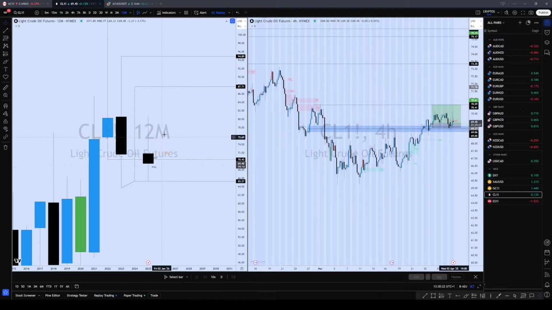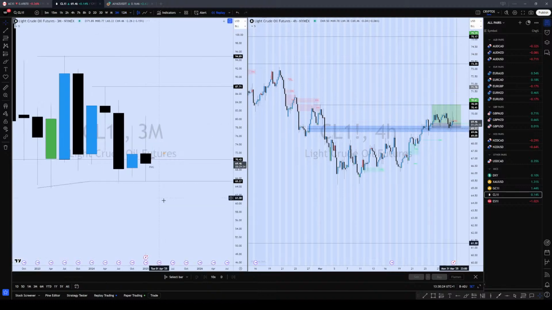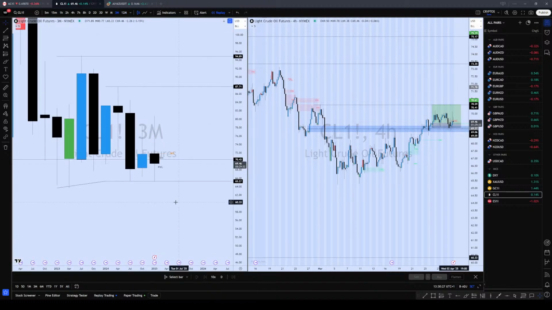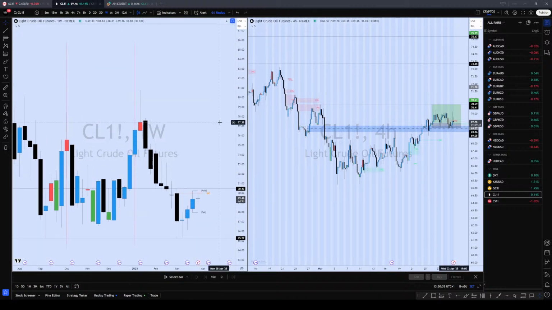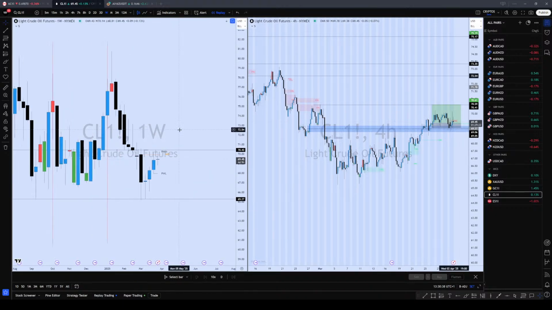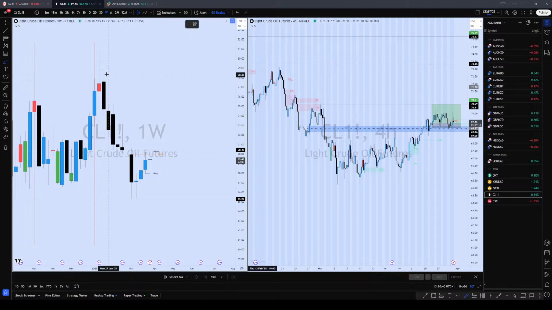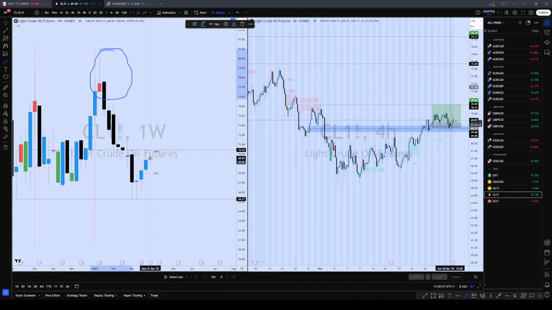So how would that confirmation come? Which is now where the 3 months comes in. The 3 months is rejecting this low, and we need a confirmation on at least the weekly time frame. That weekly confirmation would have to come all the way up here, because that's the last up candle. That's what I'm saying. We can come back down, then we break the up candle, because we need to break an up candle. If we don't break an up candle, then